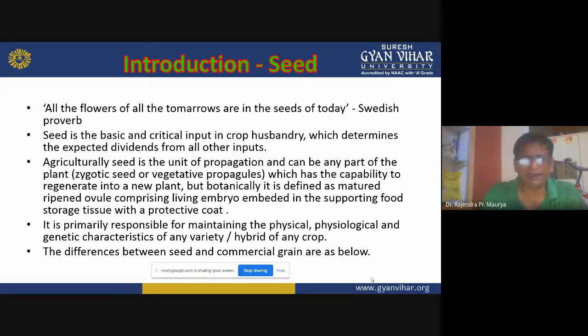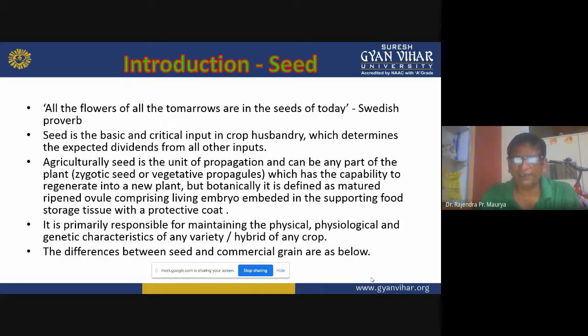So, I am explaining this now. In the previous lectures, we discussed plant propagation. Propagation means the perpetuation or multiplication of a plant. In simple words, propagation is multiplication, increasing in numbers. It is broadly categorized into two categories. First, sexual propagation, that is seed propagation. And second, asexual or vegetative propagation, that is clonal propagation.